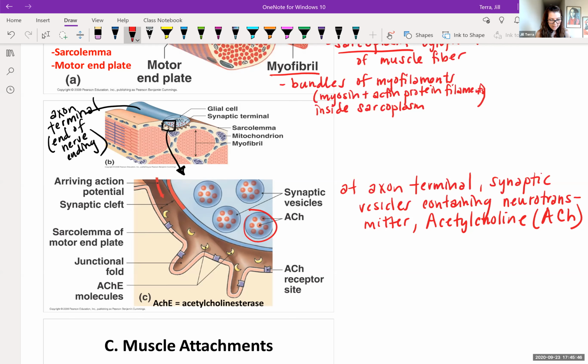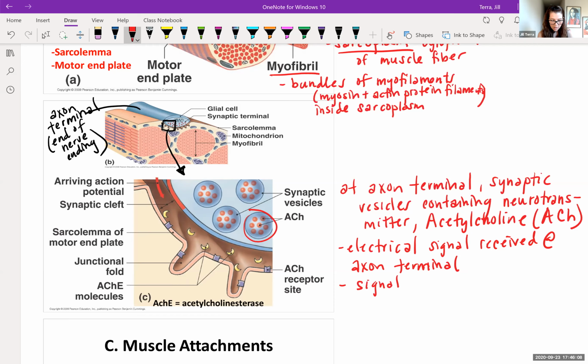So what happens is the electrical signal is received at the end of this axon terminal, okay? And that signals for the acetylcholine to be